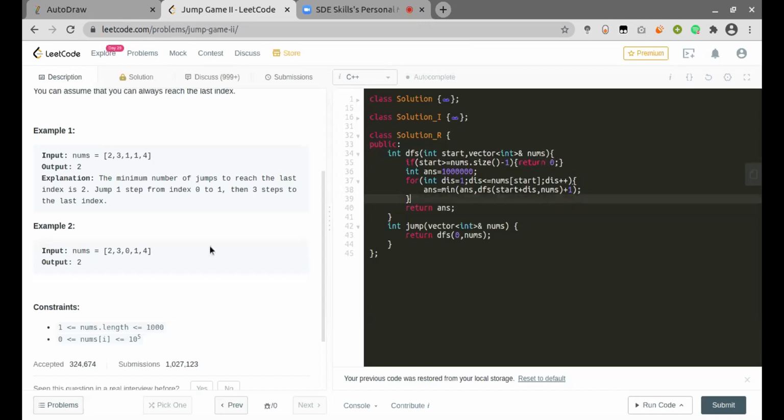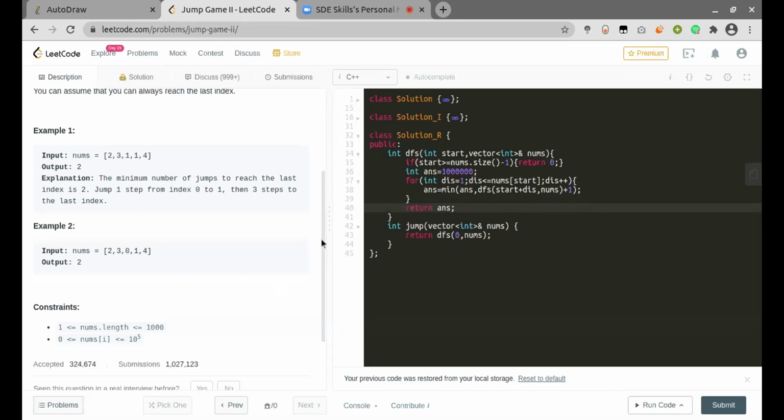Otherwise, if it is inside my given vector, I'll keep recursively calling this. But since I made one jump, I will add +1 in my answer. And at last, since it will return 0, this value will be smaller than my initial value of the answer. But why are you returning zero? You should be returning the jump step, right? Yeah, but this jump is already added here. The DFS returns that value. Okay, no problem, you got it now.